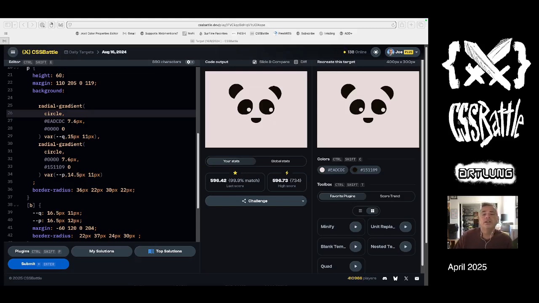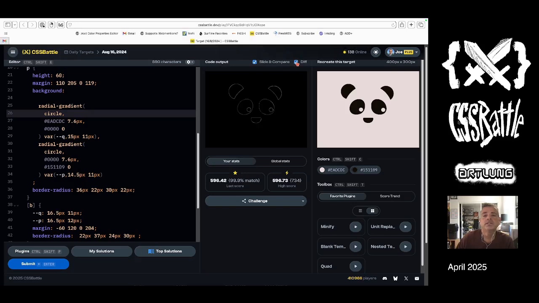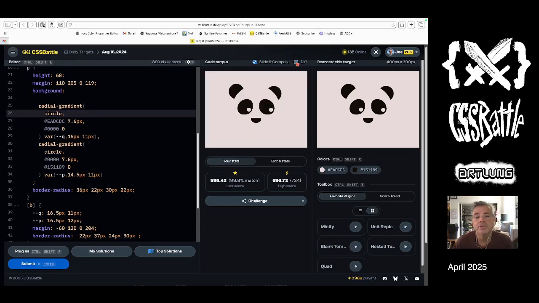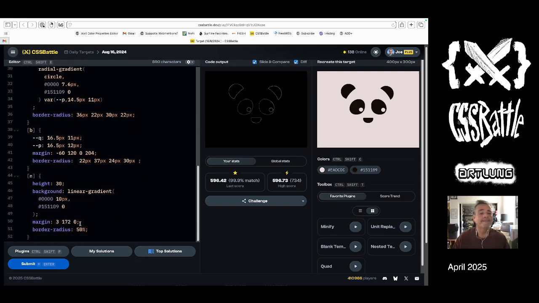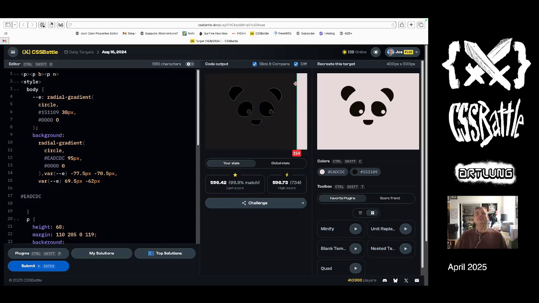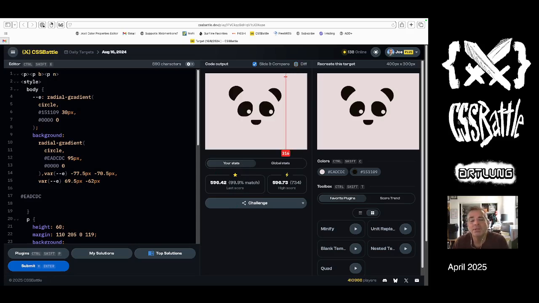So this is the Panda Bear. It is disappointing that I could not get to 100%. It is not surprising to me that I didn't get to 100%, but it is disappointing. And there's not much more to say than that. I think it's a great puzzle. It's a great shape. I think I accomplished basically all the shapes. It's just wrong at some of the curves,